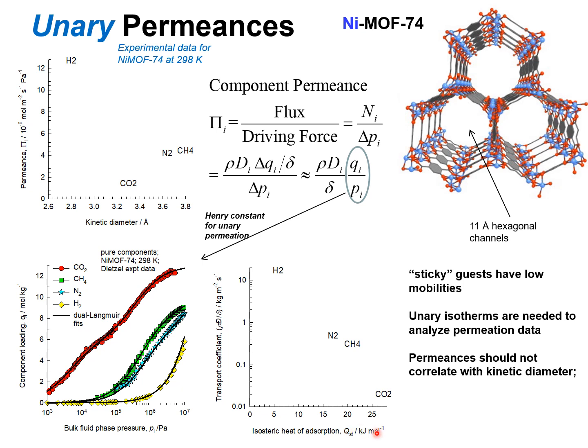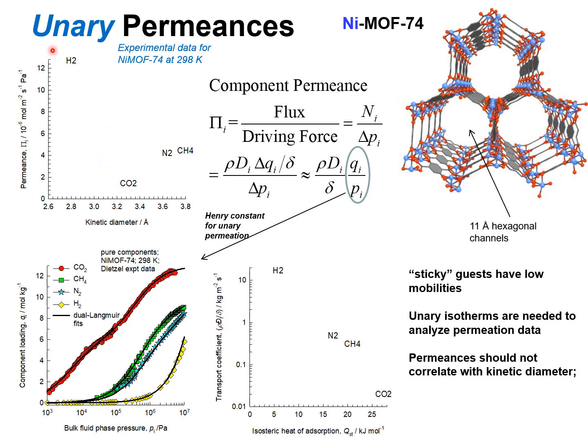And I plot here the isosteric heat of adsorption that can be determined from the unary isotherm data that is available for each of these components at various temperatures. So CO2 has the strongest binding energy and has the lowest diffusivity. On the other hand, CO2 has the strongest binding strength. The combination of both the binding constant, or the Henry constant, times the diffusivity